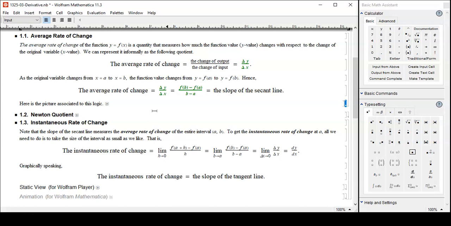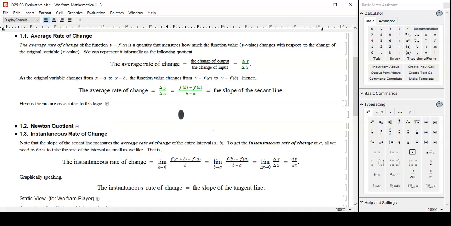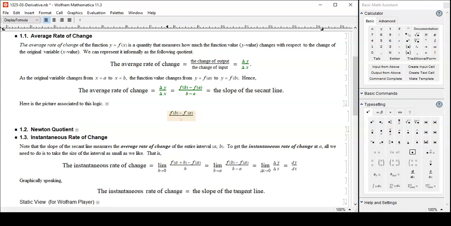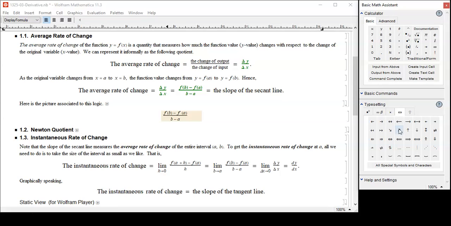This is what people used to do. So f of b minus f of a over b minus a, all right? Into this expression,